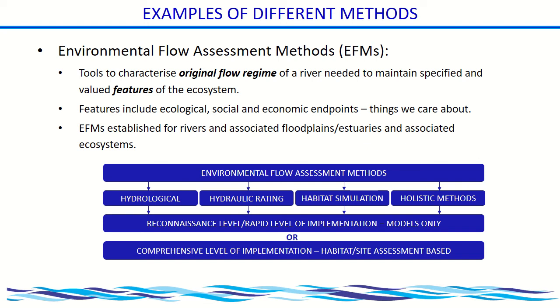And in order to keep river ecosystems functioning, we need to consider all of those ecosystems that are directly associated with or linked to river ecosystems. That would mean estuaries. Rivers all flow down into estuaries and into the sea. So estuaries are important as well. But also floodplains, the river-floodplain relationship. A river ecosystem often has floodplains on the lateral edges of the river, where if the river comes into flood, those floodplains become part of the river. So if you're going to consider rivers, you often have to consider their floodplains as well. And that's really the emphasis that we have for environmental flow assessments in the world.